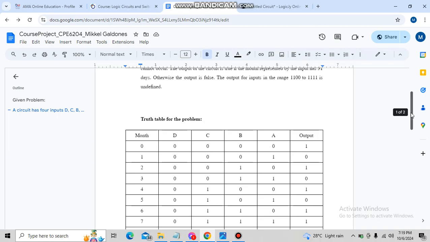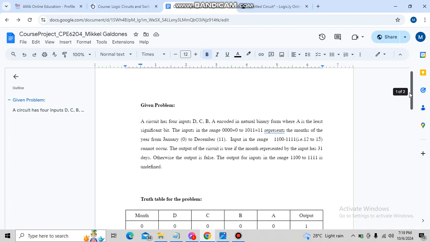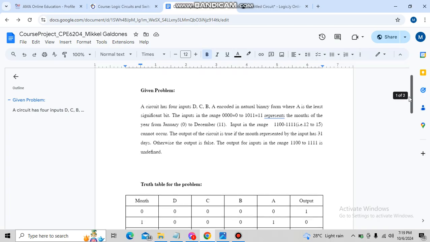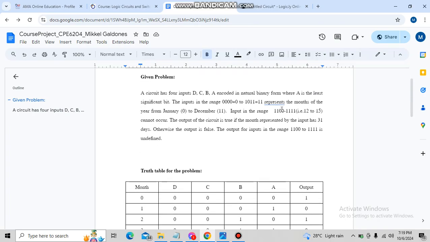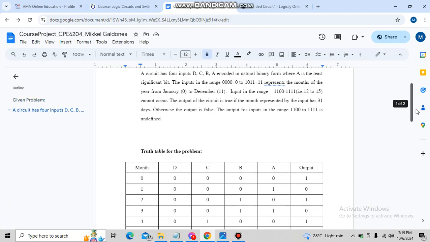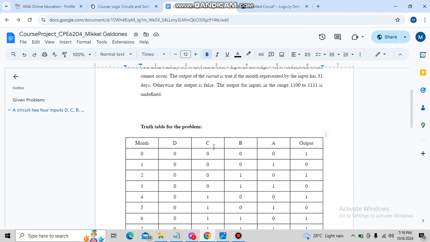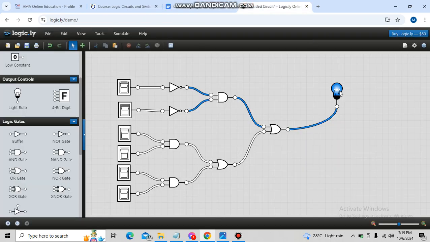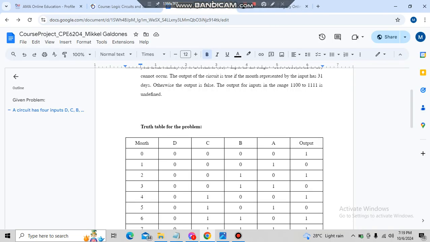In our word problem, the input range 0000 to 1011 represents the months in the year from January to December. So we start with January, where all of the inputs are 0 or false, and the output is 1 or true, which is the reason why our light is blue or on. Now, for February, the Boolean table says that we must